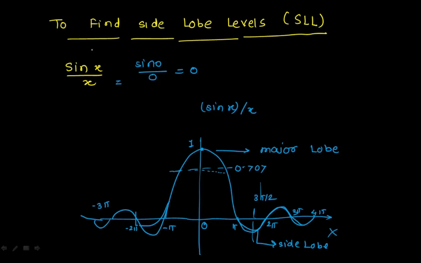So अगर आप यहाँ पे x you are putting pi, 2 pi, 3 pi and so on, your amplitude goes on decreasing. ठीक है, आपका pi के लिए 0 है, 2 pi के लिए 0 है, 3 pi के लिए 0 है, लेकिन जैसे आपका x increase हो रहा है, आपका amplitude decrease हो रहा है. The highest value is observed at x is equal to 3 pi by 2. ठीक है, ये आपका first minor lobe है. ठीक है, यहाँ पे आपको highest value यहाँ पे मिल रहा है.